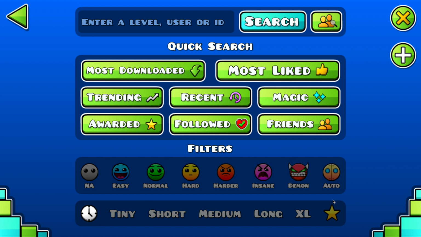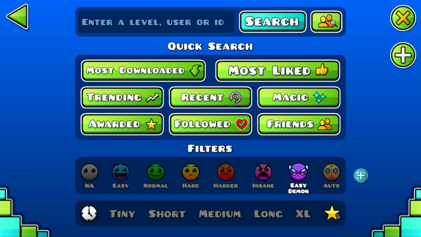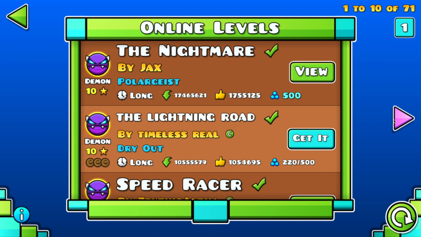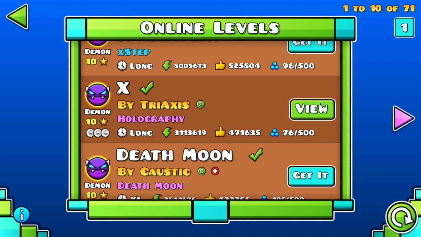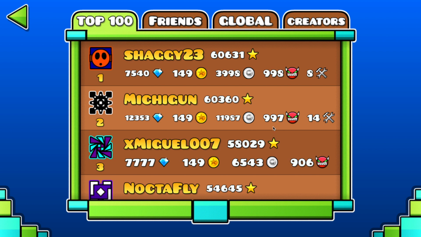But the new demon filters are really useful for this, because you can group demons by their difficulty now, and it's really easy for people to see what they're going up against. So after you've played up through the pyramid, you have more skill, and you can go into demons. A lot of grinders who get a bunch of stars, who rise to the top of the leaderboards,